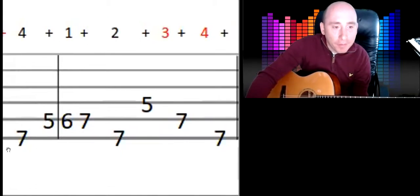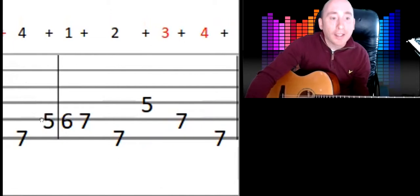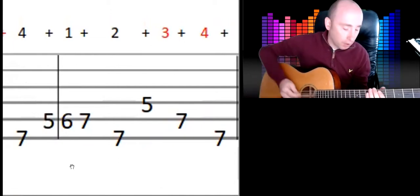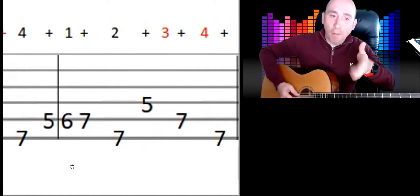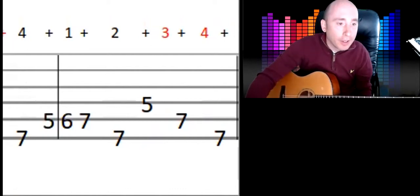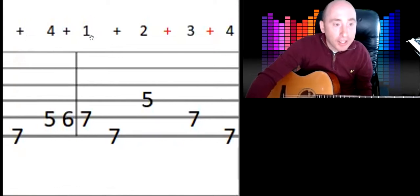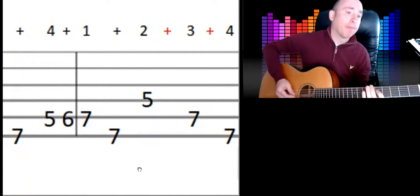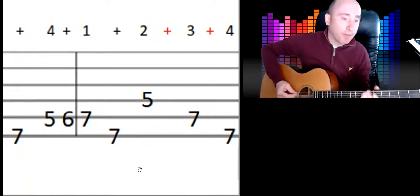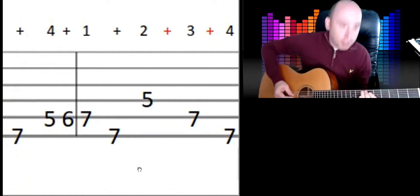you notice now the 6 here is on the first beat. So it goes 4 and 6, 7. So the 6 is on the 1 beat, whereas before the 7 just after the 6 was on the 1 beat. So when I say beat, I mean the first beat. First beat,